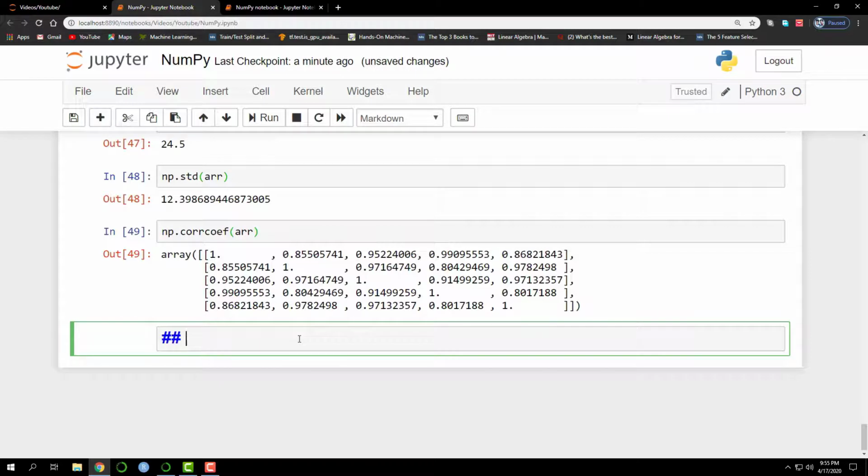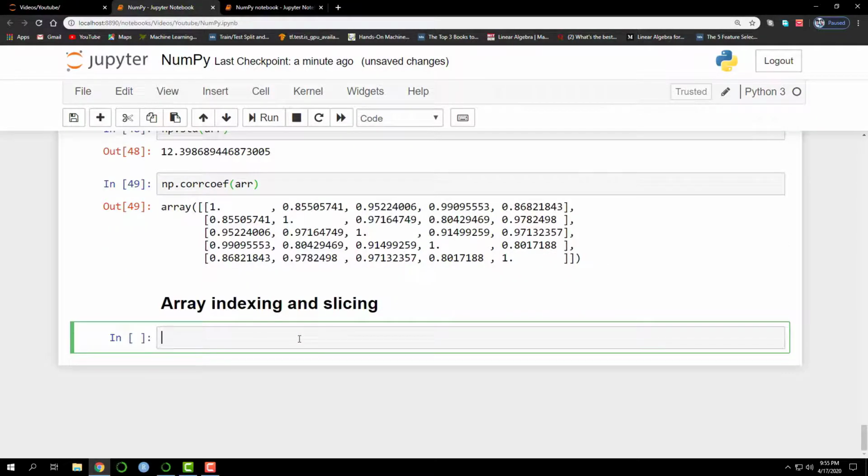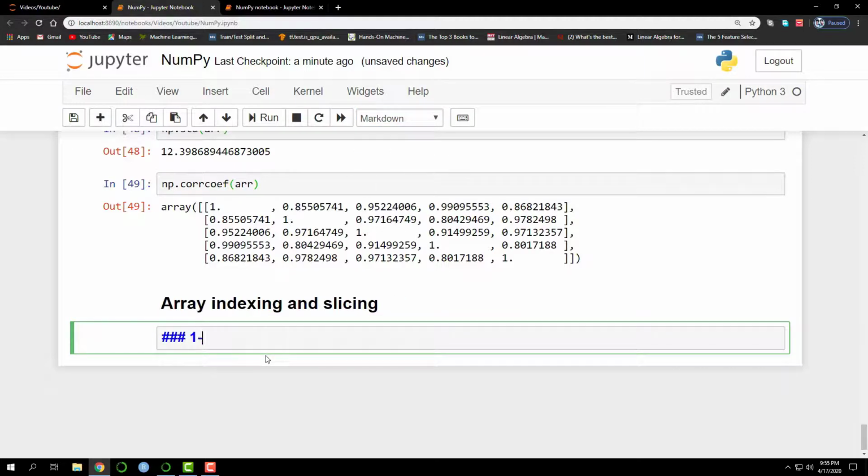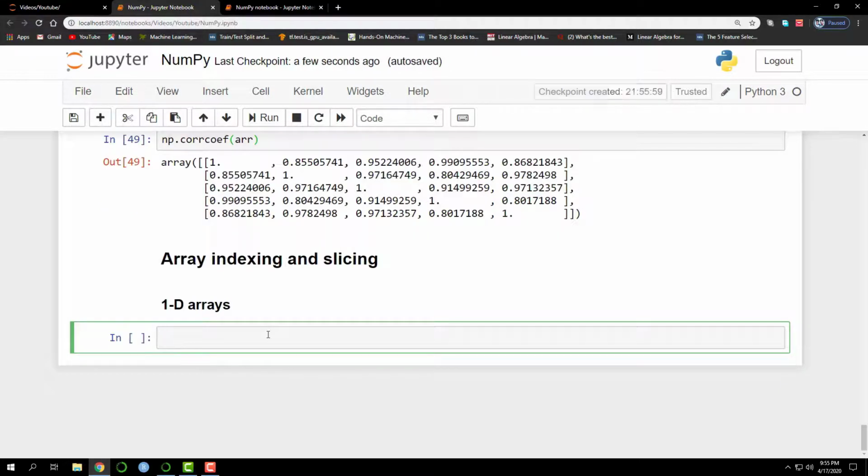Now, let's discuss array indexing and slicing. First, we'll talk about one-dimensional arrays. First, let me create an array with 10 random samples between 1 and 100.